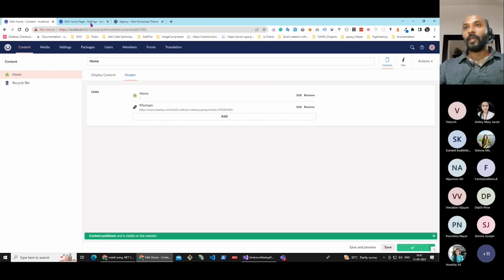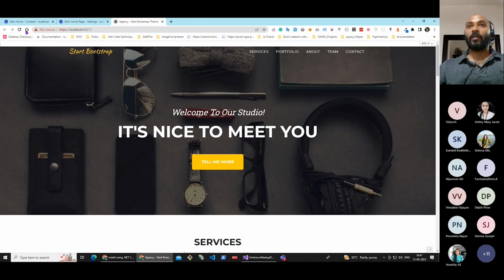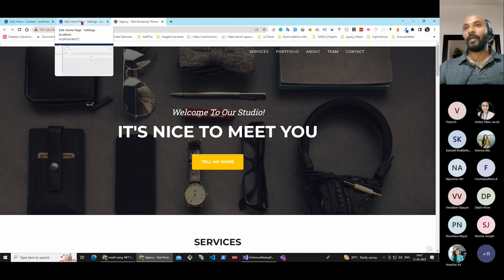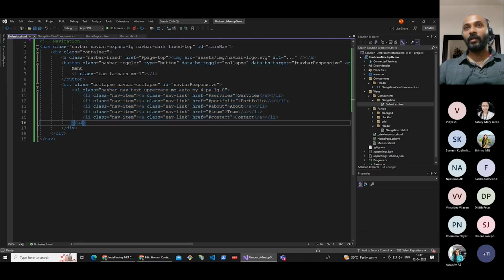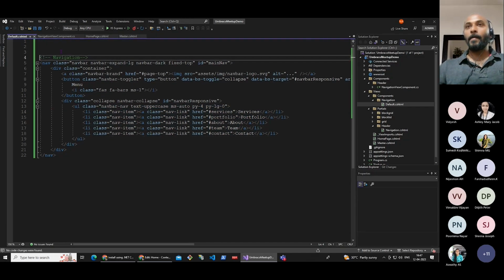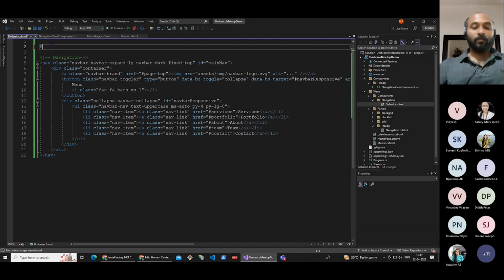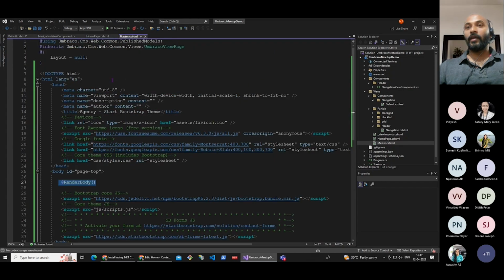Yes. Once it's saved, then we can reload it, but nothing will happen because we haven't incorporated this data with that template. So I'm just going back to the template. This is the navigation component responsible for the navigation. So I'm just using this. How we can use this is, we can use that model. So how we can use that is